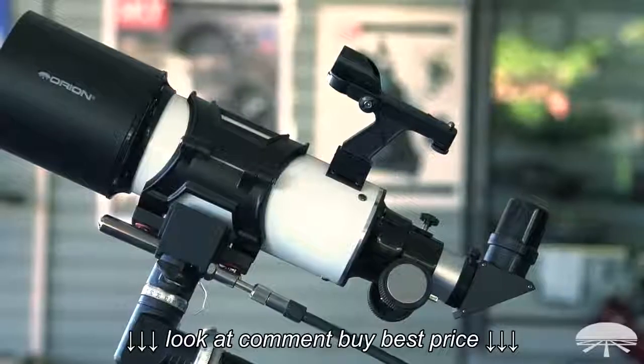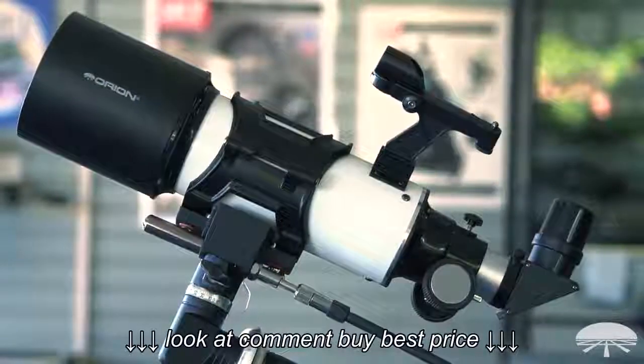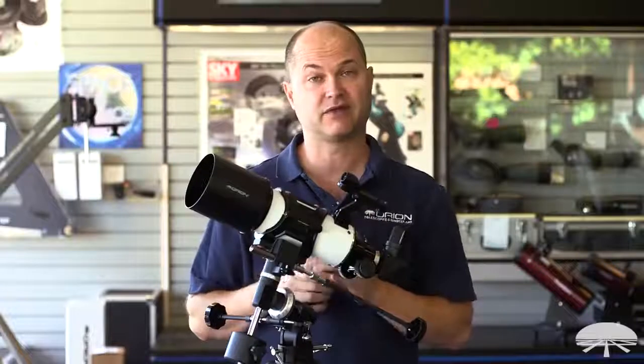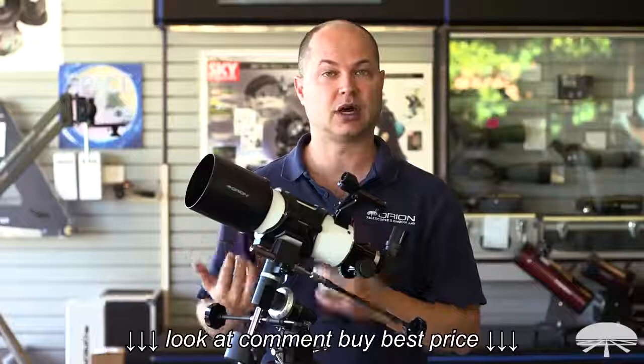Hello, I'm Ken with Orion Telescopes and Binoculars, and this is the Orion CT80 Equatorial Refractor. First off, it's an 80mm refractor, a nice short, they call it CT, compact tube, short f4, 400mm focal length. So very wide field, very like a rich field telescope. So great for larger